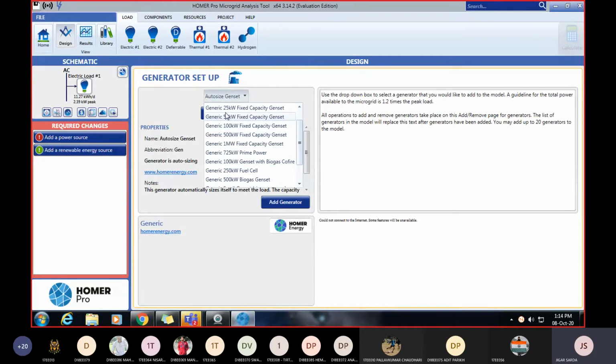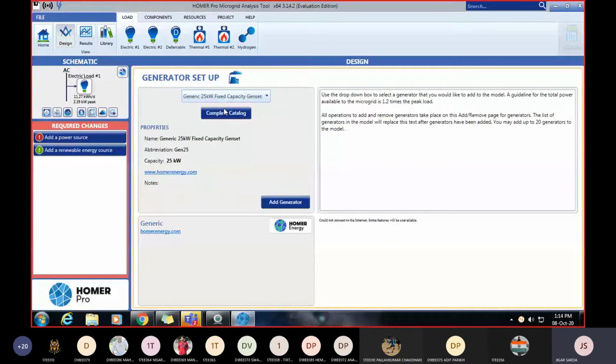Suppose my peak load is 2.30 kilowatt, so I will select a 25 kilowatt generator. It is enough for my analysis. If your total load is high, then you will change the generator ratings. After selecting the generator capacity, you will add the generator here.